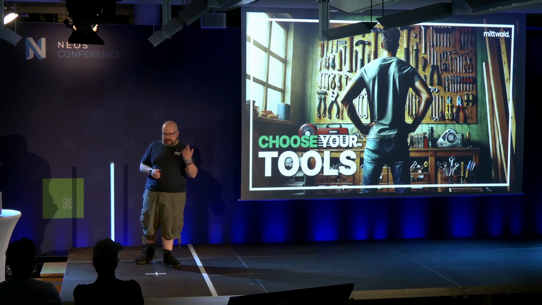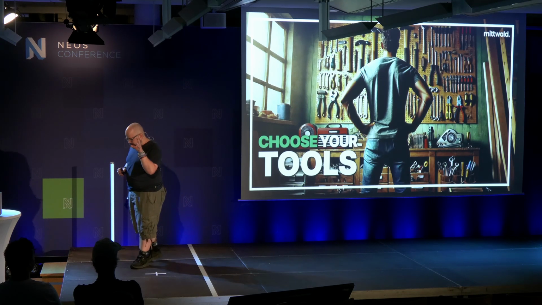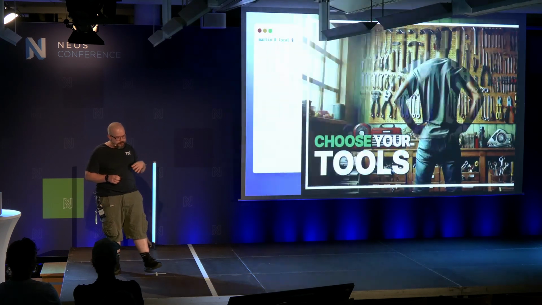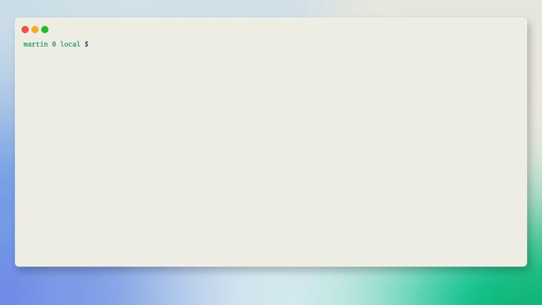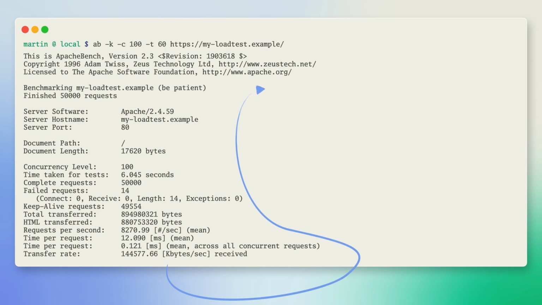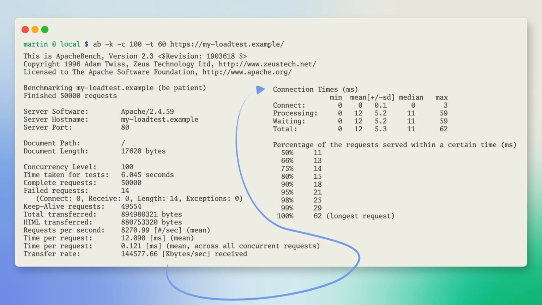So when talking about load testing, let's talk about tools that you can use for that. In the simplest case, back when I started worrying about infrastructure and scalability and whatnot, there were tools like good old Apache Bench. You could call ab on your command line, tell it to do 100 requests in parallel, and then you'd get an output like this, where it would just call that URL that you gave it in an endless loop, and you'd get metrics on your average response times, how many requests per second your server could handle, and so on.